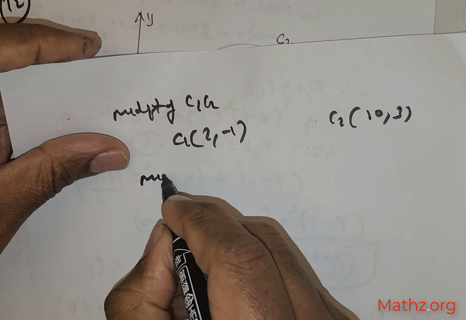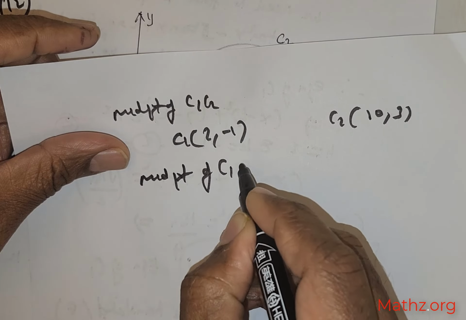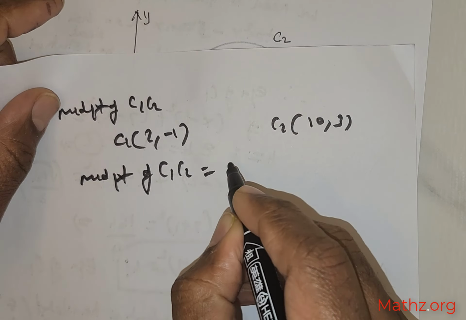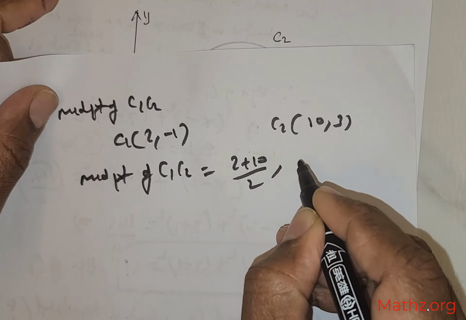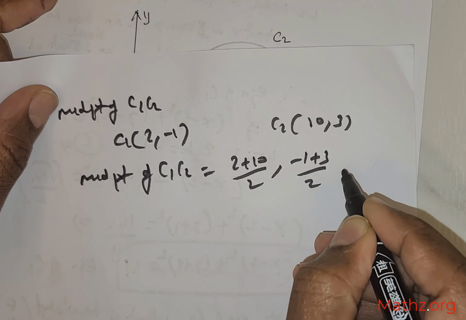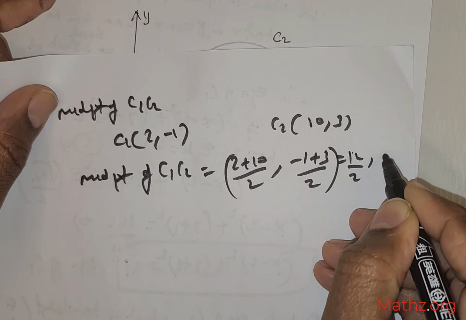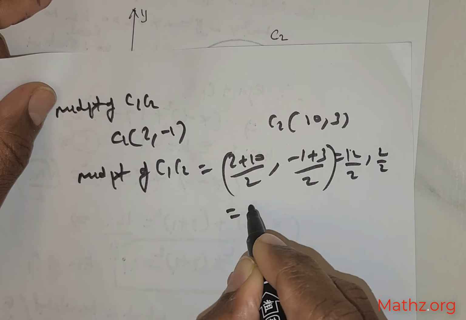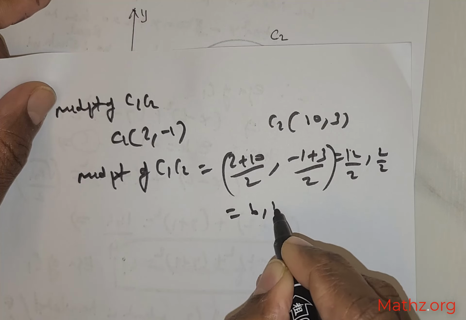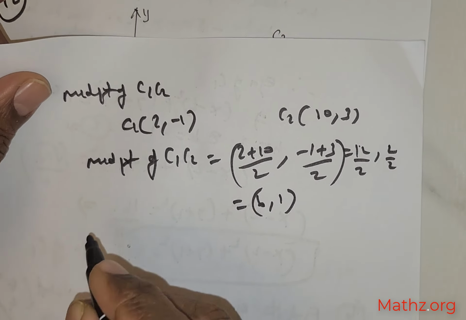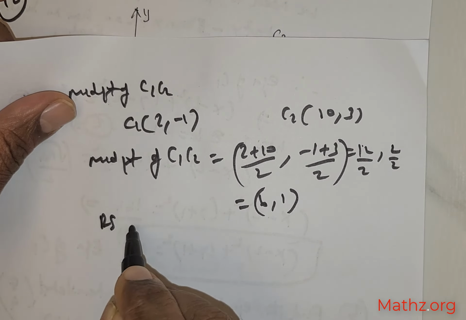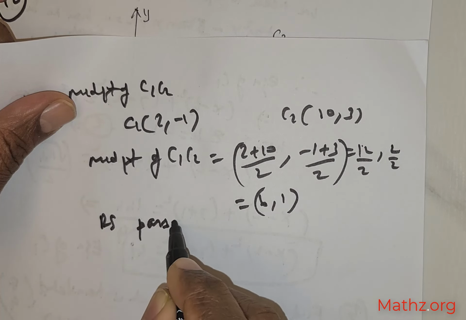So the midpoint of C1C2 will be 2 plus 10 divided by 2, and negative 1 plus 3 divided by 2. So this is 12 over 2 and 2 over 2, which is (6, 1). So RS passes through